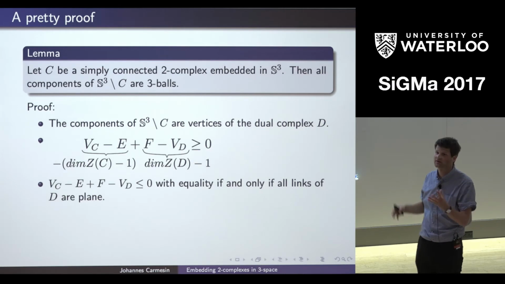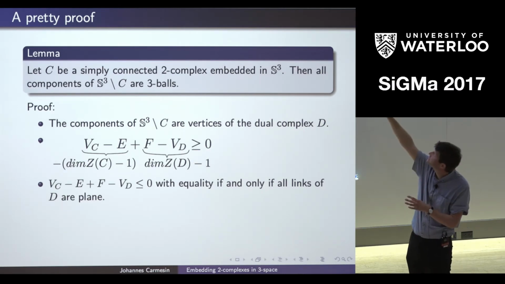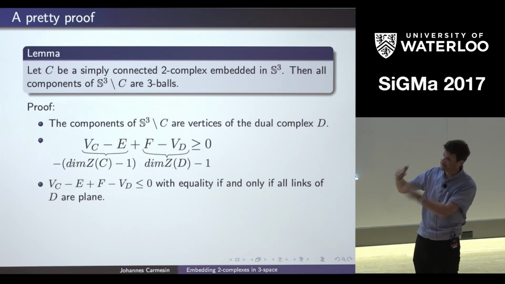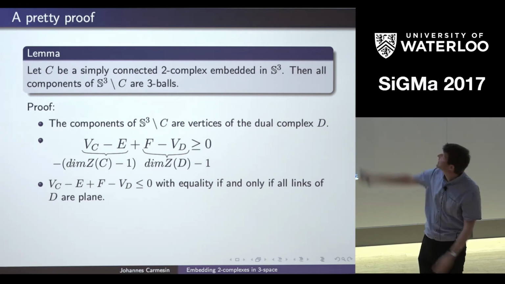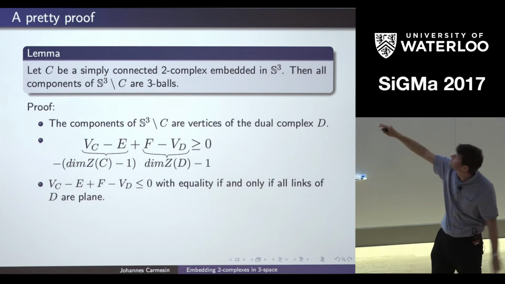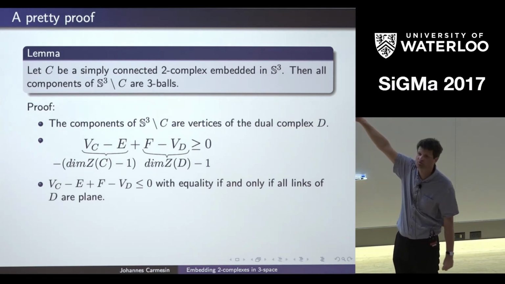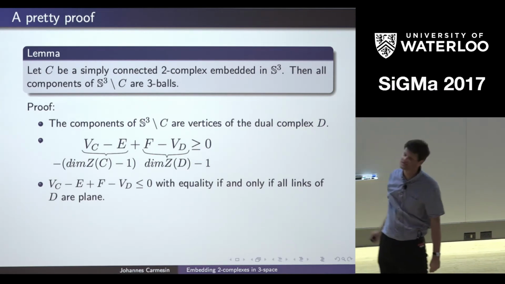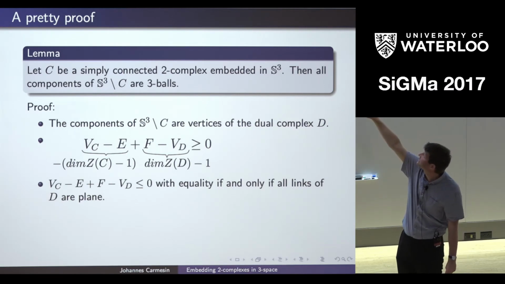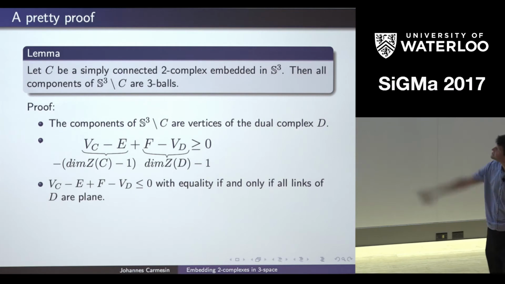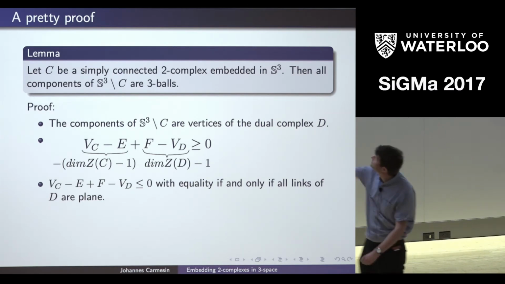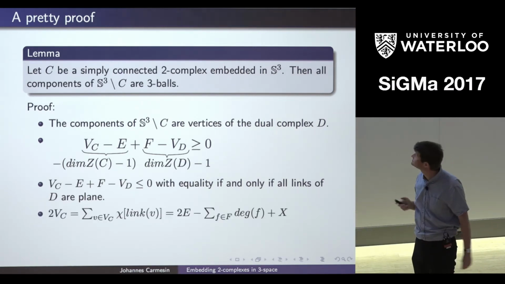Namely, we already translated the condition that we had to the condition that in the link graph, in the dual graph, all links are planar. And right, so this is all that remains to prove, because then we can combine it with the step above. So we then have equality, and then we just get the conclusion we want. So let me show you why this is true. Why it's less or equal than 0.